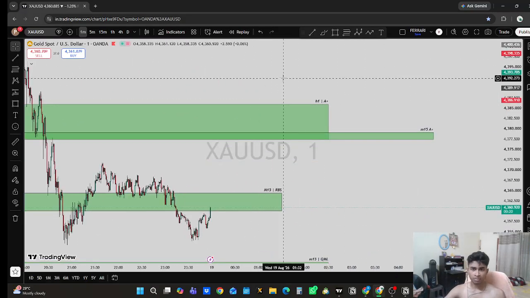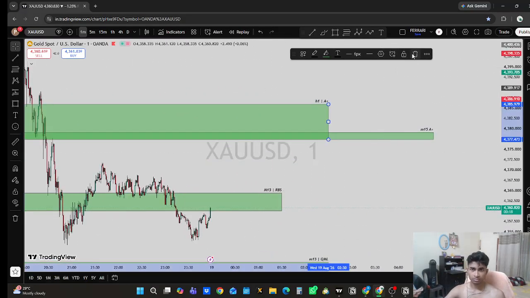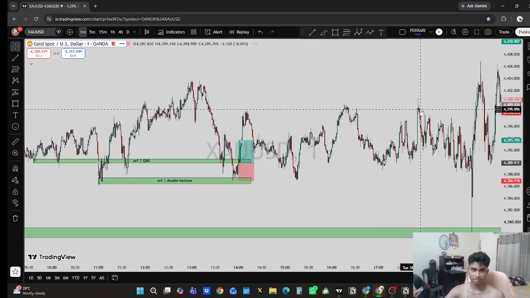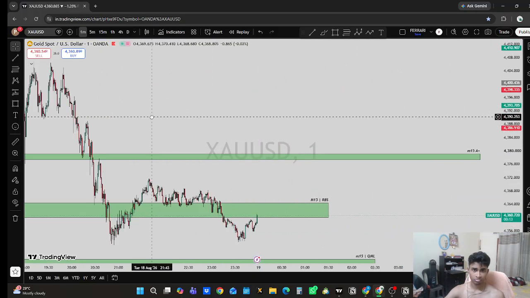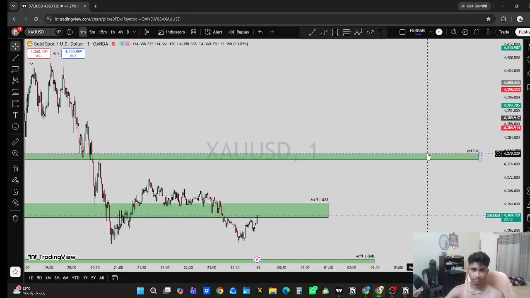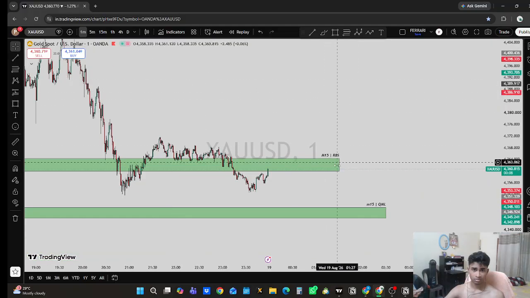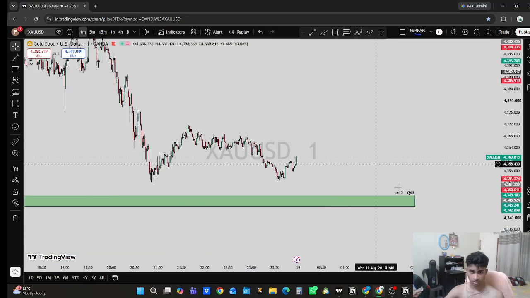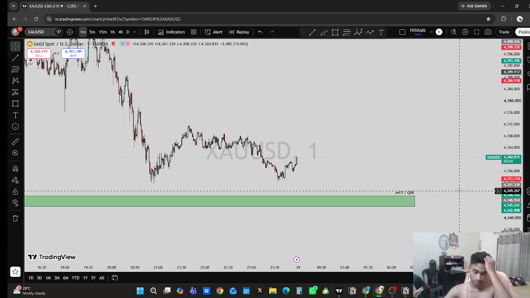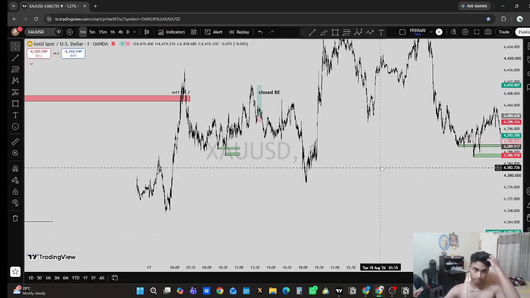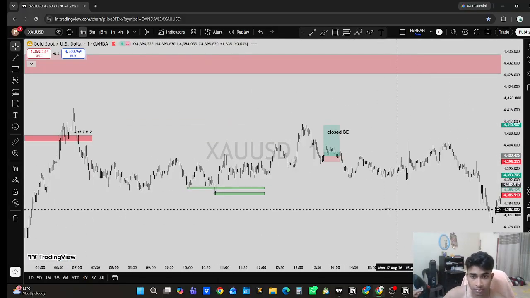Since these levels got played out very well, I'll just delete this one. Okay, it'll just make it less chaos. Right. I'll even delete this level as well, and just keep this level. Alright. So what are these valid levels?